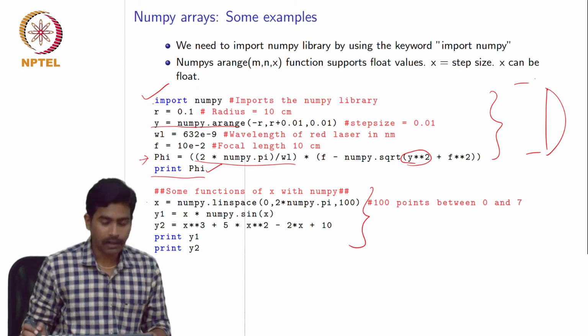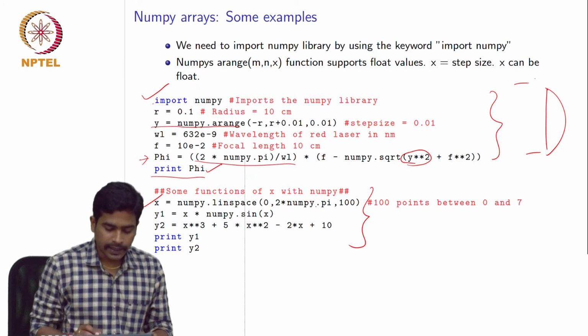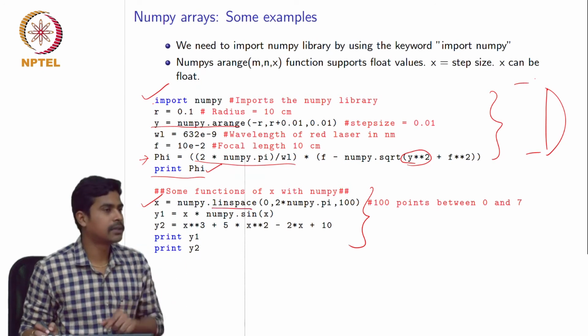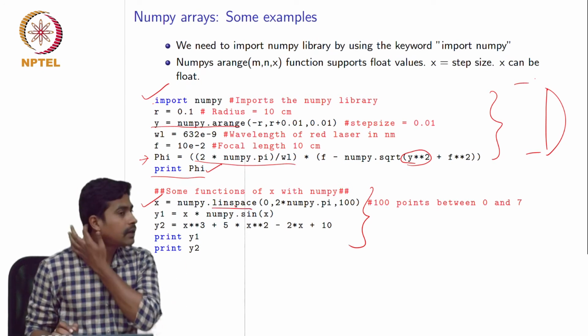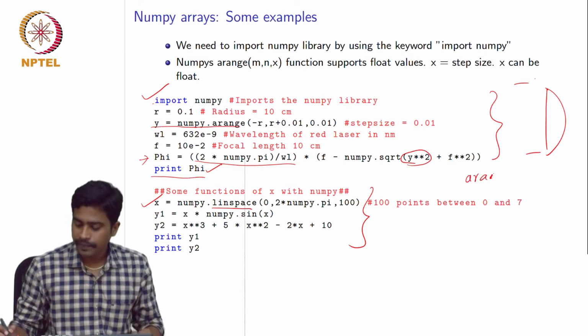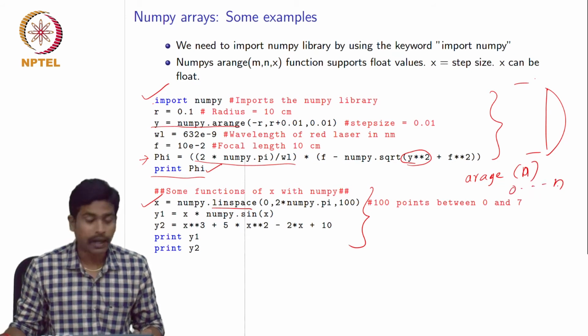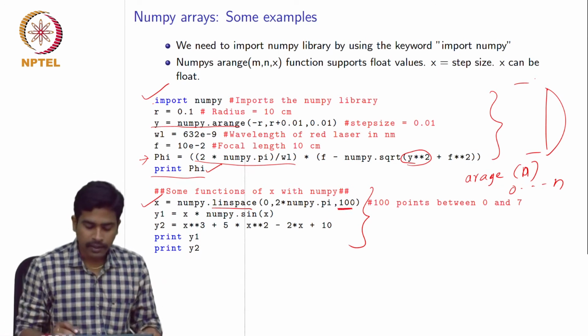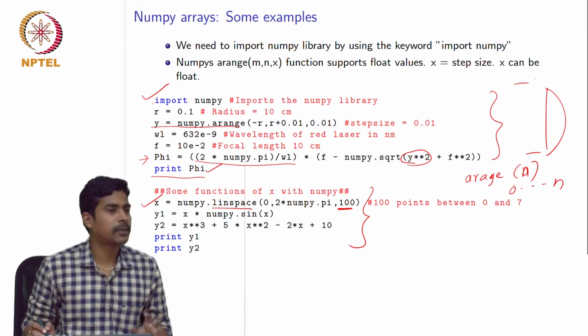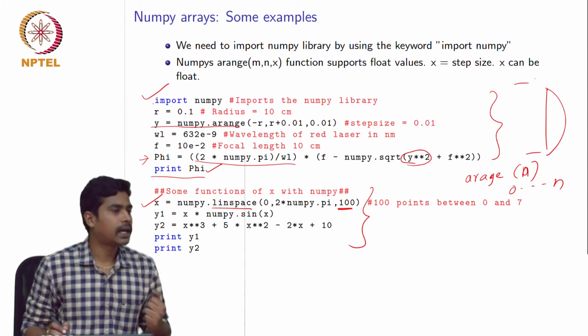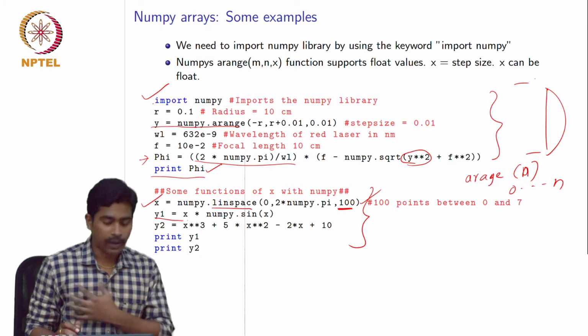And this is some other example. Here I am taking x values from 0 to 2 pi, and I am taking 100 samples from 0 to 2 pi using this linspace command. So what arange does is, if I say arange of n, it gives 0 to n values, equally spaced integers. But in linspace you can specify how many points, how many samples you want in that interval. So in this case what I am asking the program to do is give me 100 equally spaced values between 0 and 2 pi. Okay, so the command will give you 100 values.